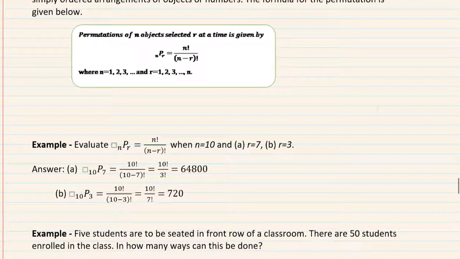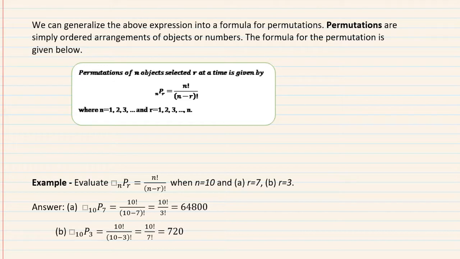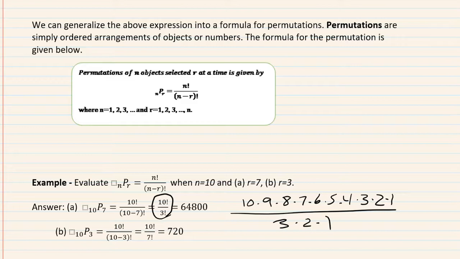So here's an example. Let's say we want to do P(n, r), where n is 10, and in part A, r is 7, and then separately, r is 3. So in this example, I follow the factorial notation right here, 10 factorial over 3 factorial. I use a calculator, but if you want, you can do it brute force, 8, 7, 6, 5, 4, 3, 2, 1, which we really don't want to do by hand, but I'm just showing you how it can be done. There you go. And if you multiply 10 all the way down to 4, that should equal 604,800.